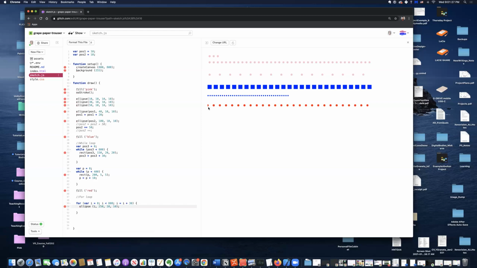Okay, so I have my loops, my for loop, my while loop, my increments. And now that I have this ability with the for loop to declare, I can declare this variable. I can give it this condition of having to be less than 800, and I can add the increment there. So the for loop lets me do those 3 things, and then I can do it over and over again,